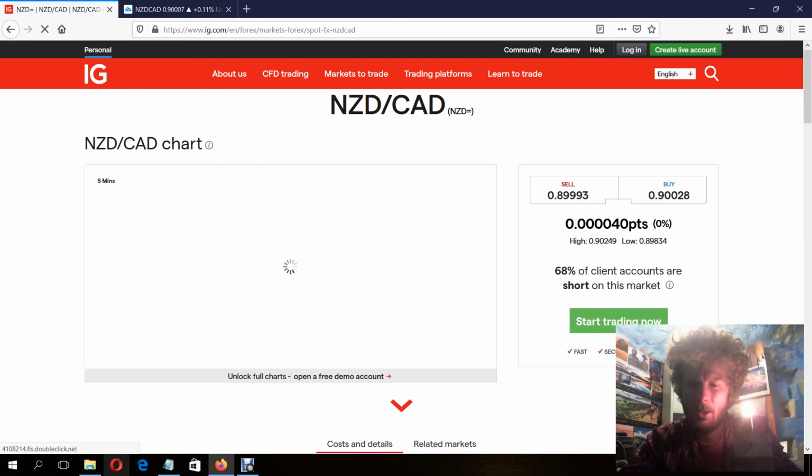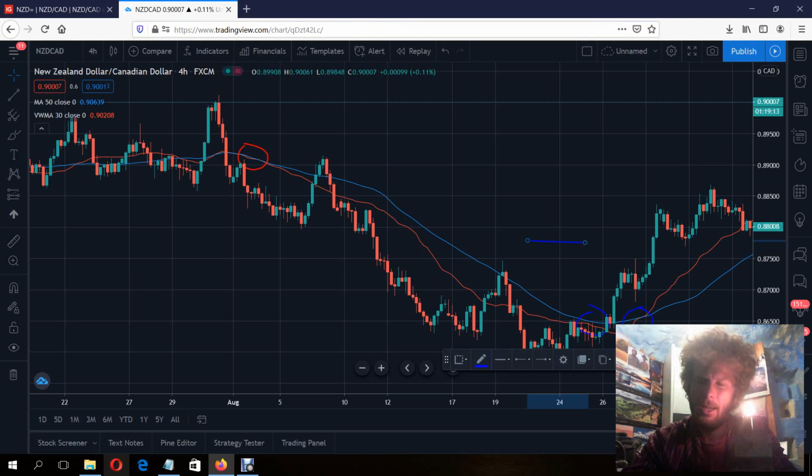Yeah, 68% of traders are short on this market. That is pretty high, but it would be just good if this would happen now. So we could take this trade, because as I said, but I